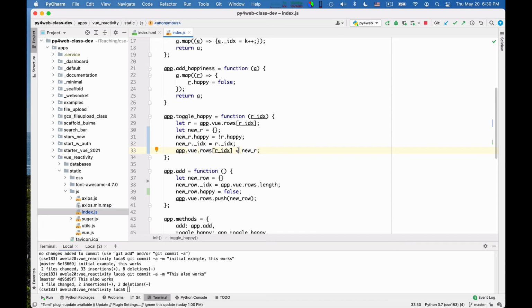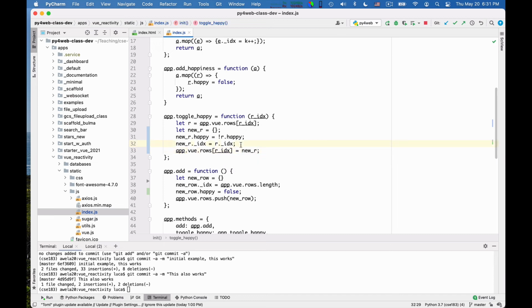So the problem is that Vue, as you can read in the documentation, does not recognize two things for reactivity. One is assigning to new attributes that don't exist, and the other one, which is somewhat related in fact in the internal JavaScript implementation, is assigning to array elements. So you cannot do this. Now, this is the list of things that don't work.